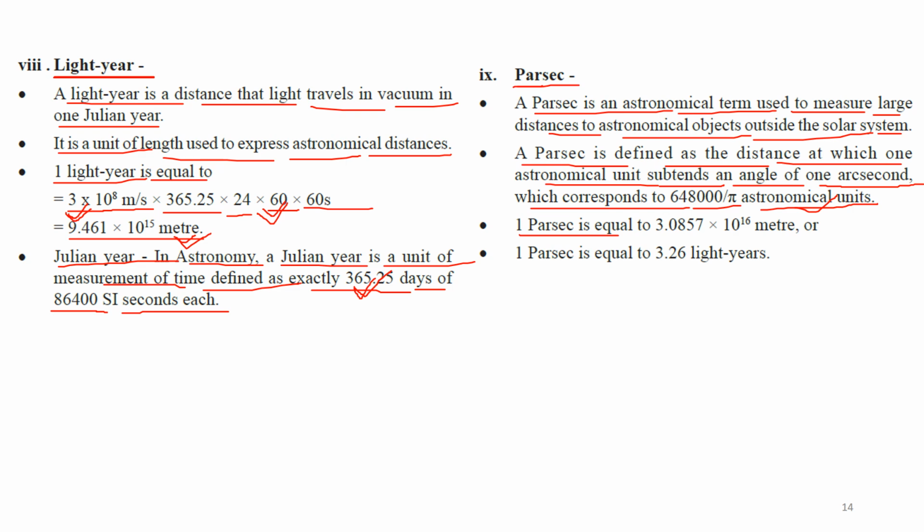1 parsec is equal to 3.0857 into 10¹⁶ मीटर। देखिए पार्सेक जब यूज़ करते हैं तो वो उस डिस्टेंस को मेजर करने के लिए होता है जो कि हमारे सोलर सिस्टम से बाहर होता है। ओके, सो 1 parsec इज इक्वल टू 3.26 लाइट ईयर, ठीक है, जो लाइट ईयर का 3.26 टाइम्स होता है, दैट इज समथिंग बट इज पार्सेक। ओके, सो यू कैन रिमेंबर लाइट ईयर एंड पार्सेक। इसको आप याद रखिए कि यहाँ पे पूछ सकते हैं कि दिस डेफिनेशन ऑल्सो यू हैव टू रिमेंबर एज वेल एज दिस वैल्यू, ठीक है, दीज आर इम्पॉर्टेंट।